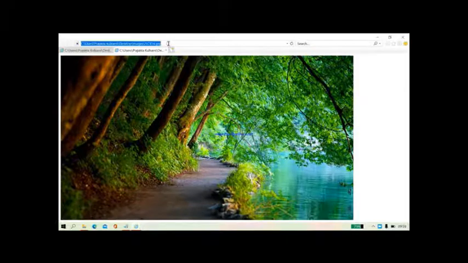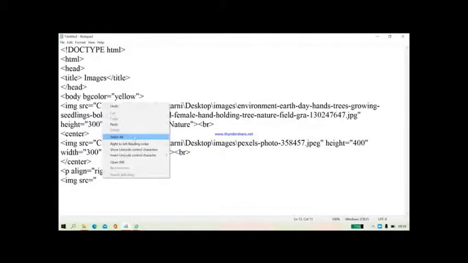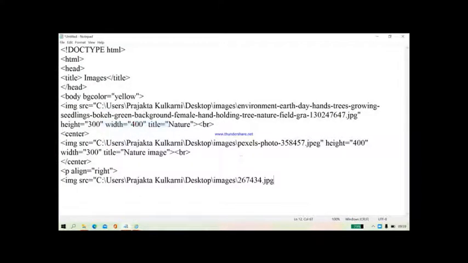The image will open with Internet Explorer. Right click, copy, go back to your notepad, right click, paste. Again height is equal to 300. Now the image is horizontal, so I am giving width more, and title again as nature.